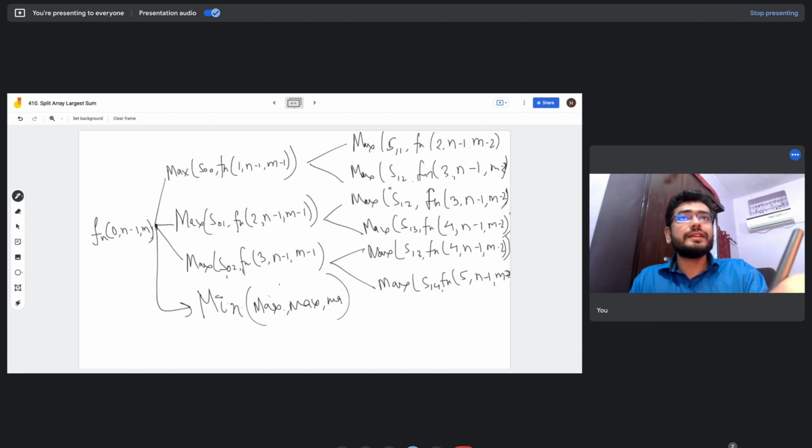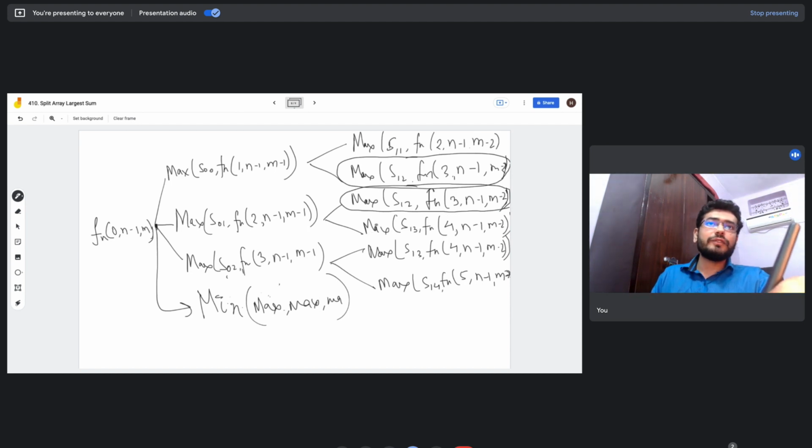So one interesting thing that we can see over here is when we are trying to find a solution for m minus 1 starting from index 1, then we come across a branch which is to find the solution for 3 comma n minus 1 comma m minus 2. And similarly, when we are trying to find the solution of 2 comma m minus 1, we come across the same branch, right? So if we are doing this recursively, what we are doing is basically recalculating a lot of things, which increases our time complexity.